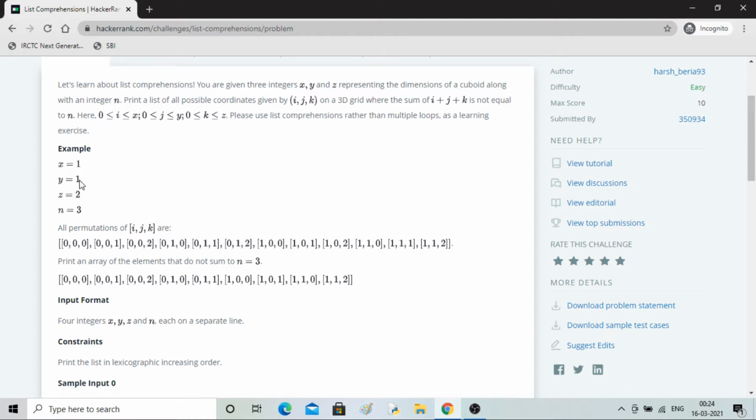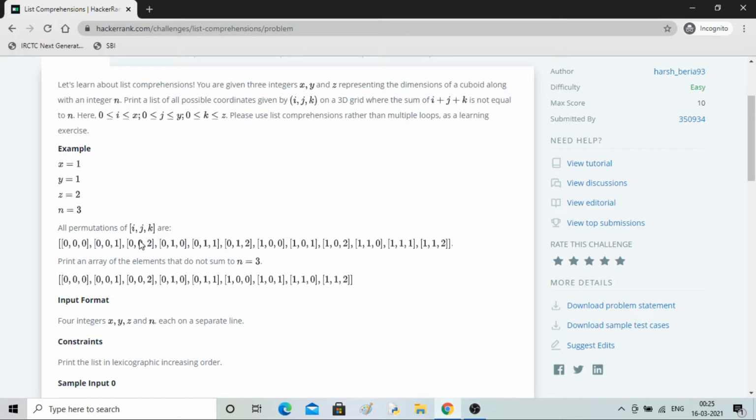Then y also can have 0 and 1, and z will have 0, 1 and 2, so less than or equal to, starting from 0. For all the possible values we have to make all the pairs. First I kept x equal to 0, y equal to 0, and then z equal to 0, 1, 2.